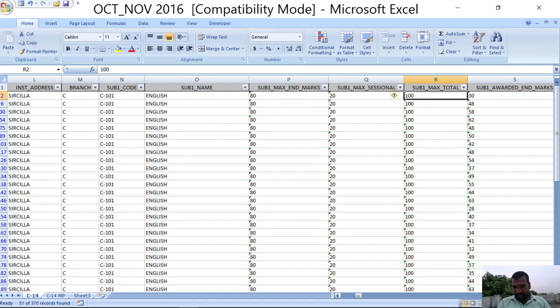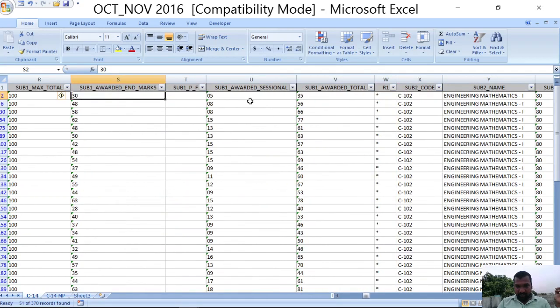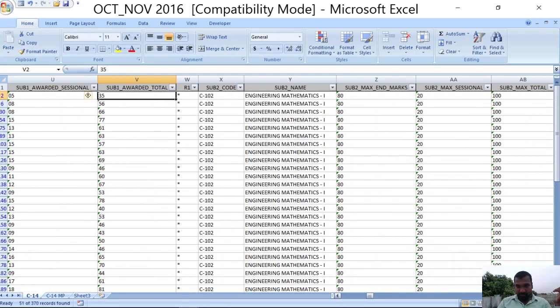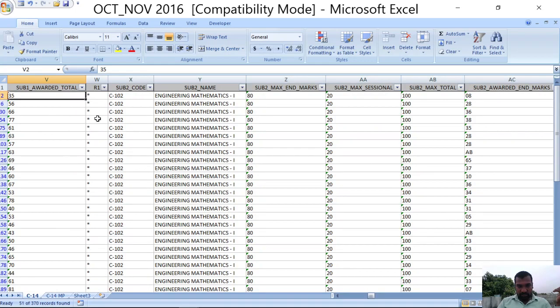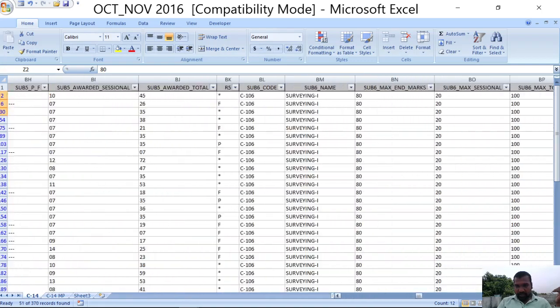Total 100 is the maximum marks. For external, the awarded marks are 30 out of 80 that one of the students secured, and out of 20 internal marks they get 5 marks, so total 35 marks. So 35 marks means he is in pass, right? That is about subject 1, and this is about subject 2, subject 3, and so on. At last,